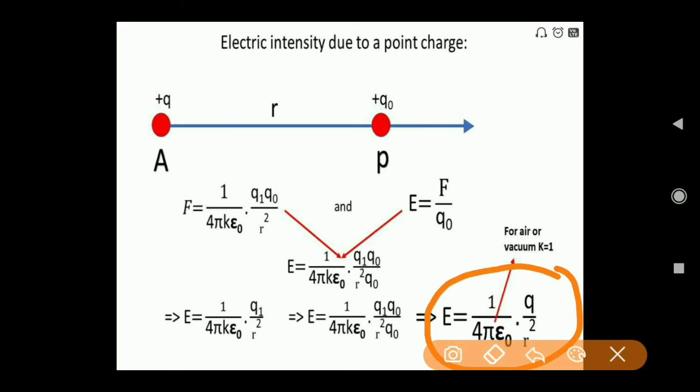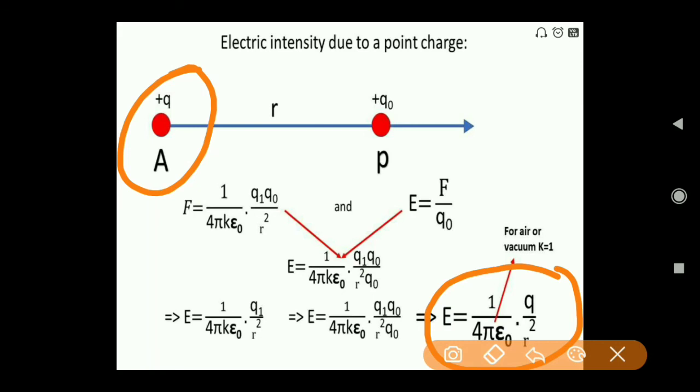You see in this formula there is no value of the test charge. So electric field intensity only depends upon the parent charge, this Q. So whenever our aim is to find the electric field intensity at a certain point, only the parent charge is responsible for that influence. The test charge is only used to find the effect, so that is why in this formula there is no role of Q naught. So basically the electric field intensity at a point explains the effect of the parent charge at that point.